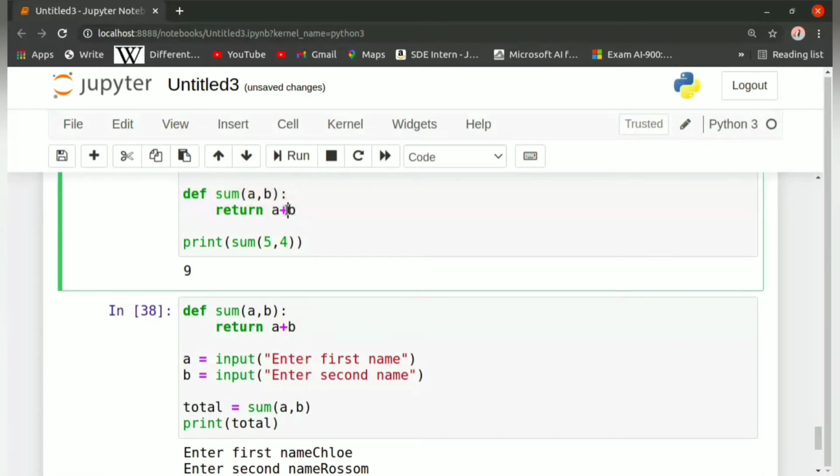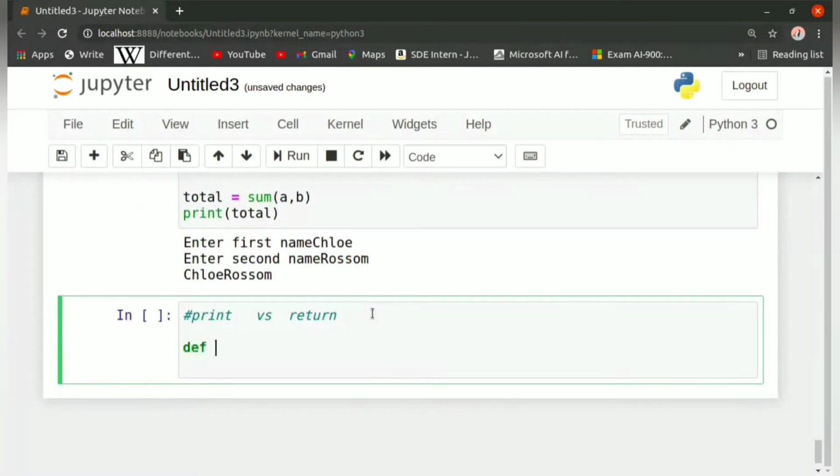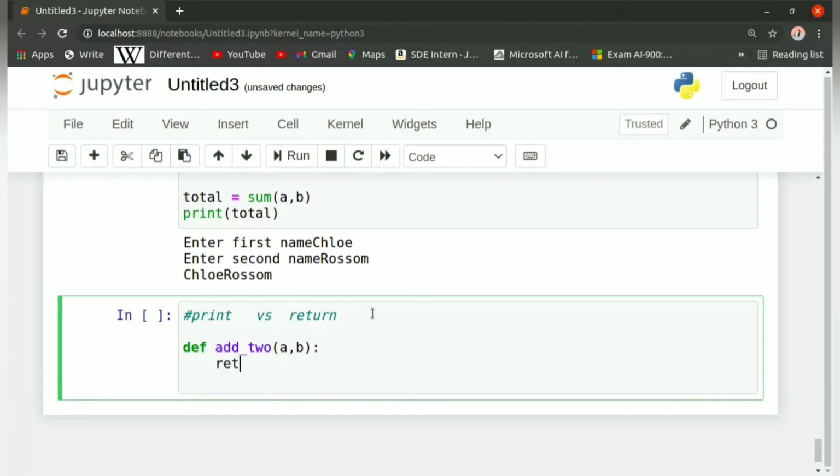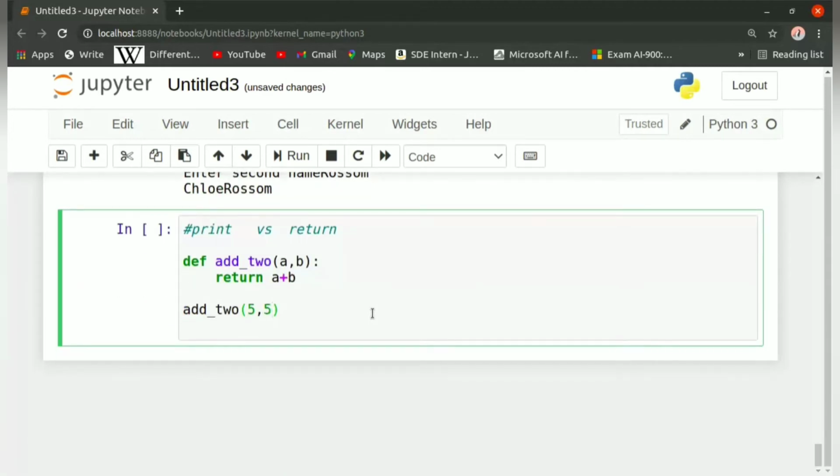Let us say we have a function which we define as def add2, and inside it we have two arguments, a comma b, then a colon, and we'll return the value a plus b, that is the sum of these values. Now let us call this function. In the next line we'll write add2(5, 5), and now we must get the output as 10, right?